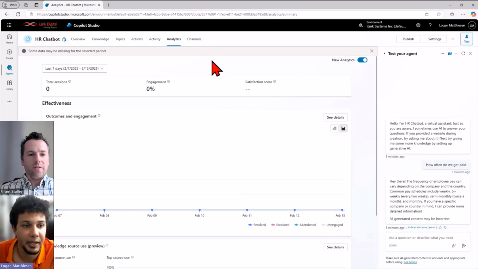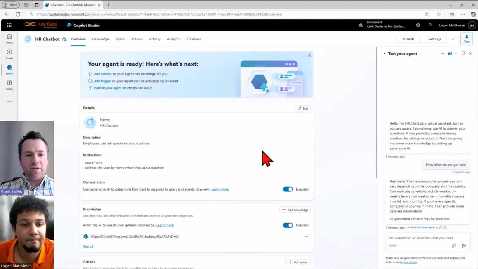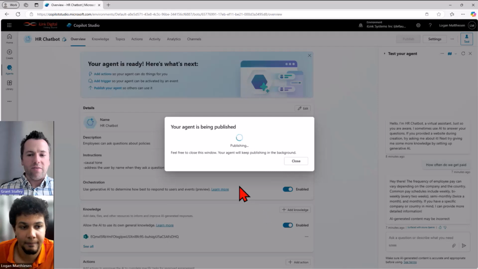Very cool. But I think that's all for now for Copilot Studio. So you've got all this set up, let's say you're ready to go, how do you make it go live or publish it? Yeah. So we just go right here at the top and go publish, and this will show up like I had in my Teams channel where I could see my agent. Exactly. So it'll come up here in agents. It'll automatically get published to any channels it's connected to, which it shouldn't be any right now. But obviously I could share this with anybody who also has access to this document. It takes a little while, but